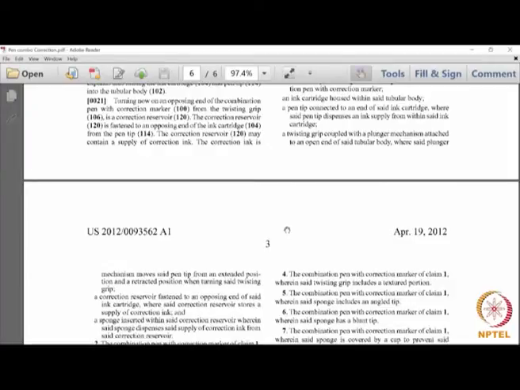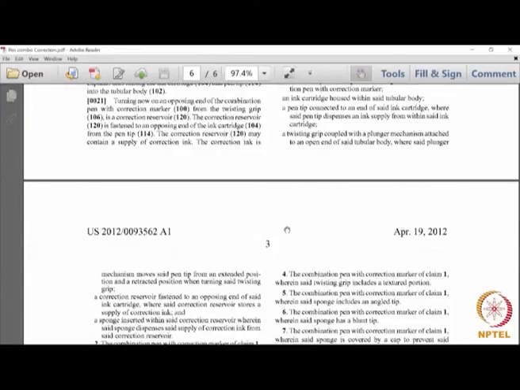They actually tell you that there is a tubular body and a pen tip which is connected to an ink cartridge, and the ink cartridge dispenses the ink into the pen tip. Then there is a twisting grip with a plunger mechanism, and there is a correction reservoir, and there is a sponge.